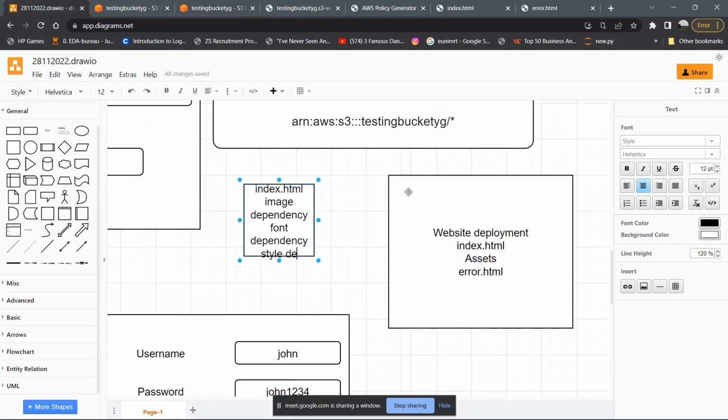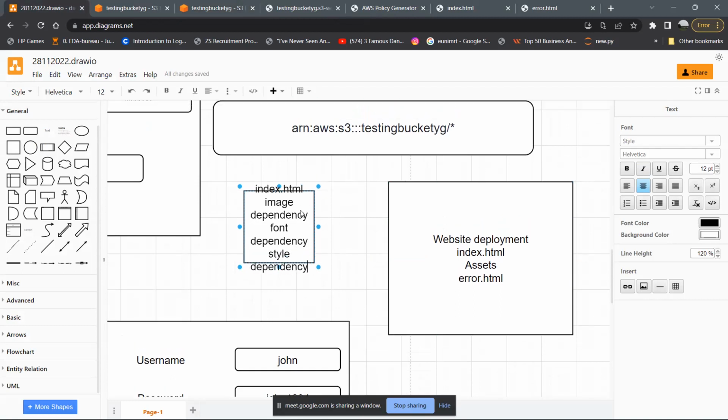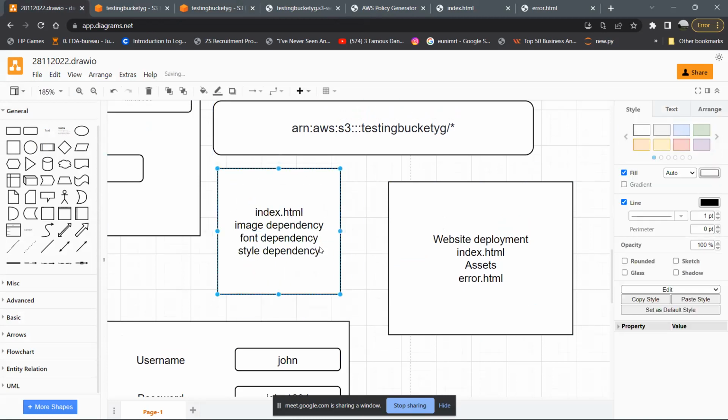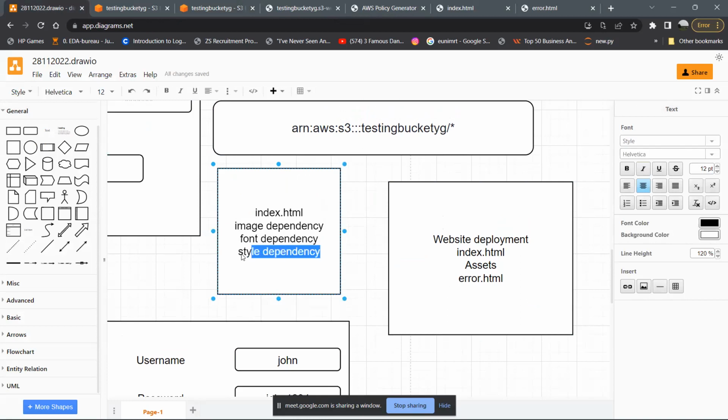You could have style dependency. So sometimes what happens, some of these things might be missing. Now, when these things are missing, the website either will show an error on the page itself, like here we don't have any image,